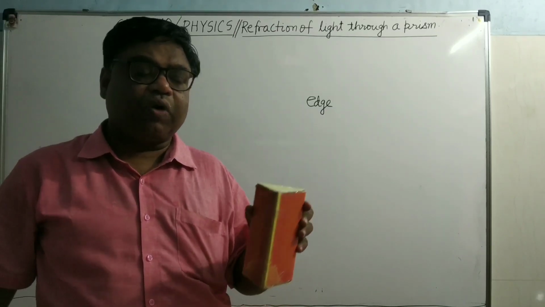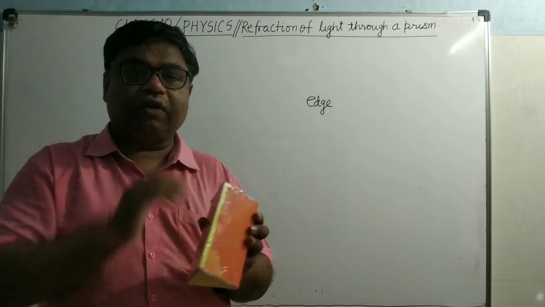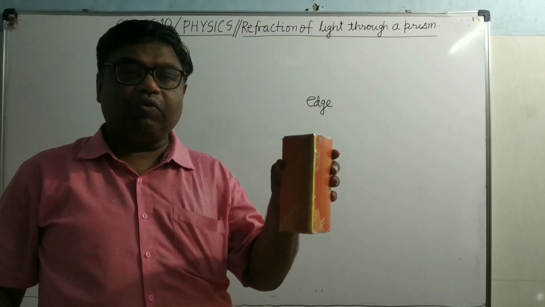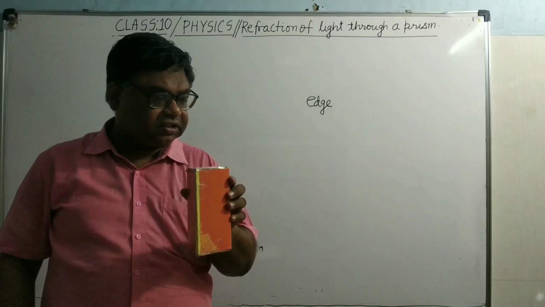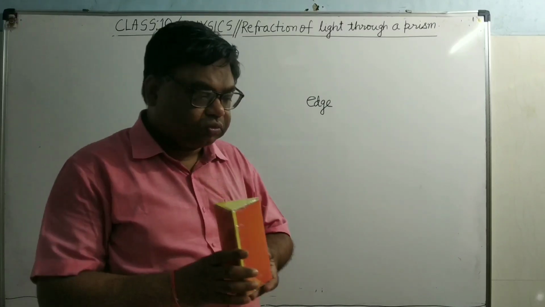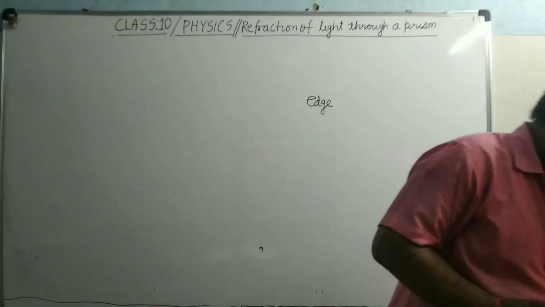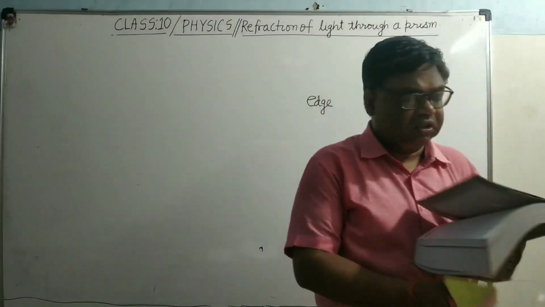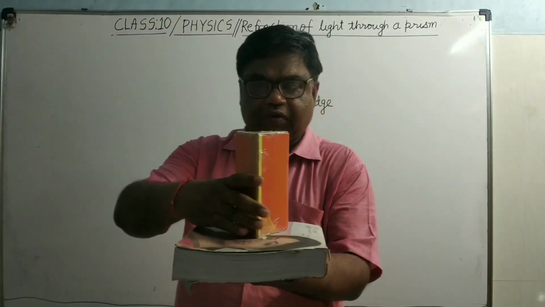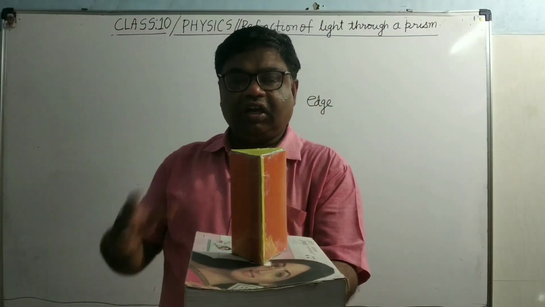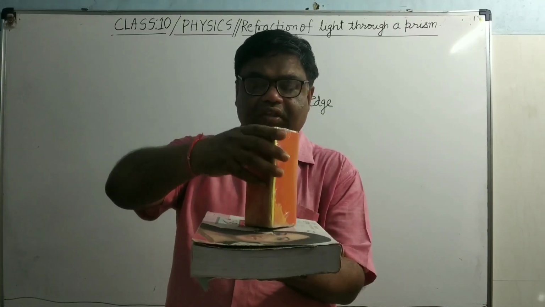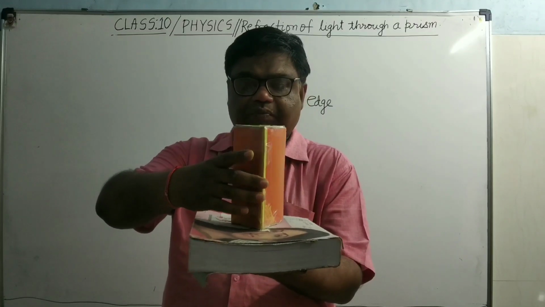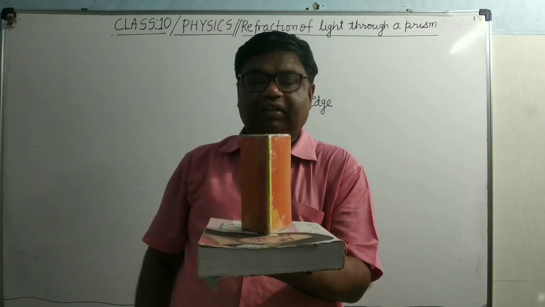Now see here, what is the function of these triangular faces? One of the triangular faces acts as the base of the prism. It acts as the base, meaning when you place the prism, it will be placed in this way. Suppose this is a cardboard, it will be kept in this way, not in that way. When it is in the working procedure, you will keep the prism in this way.